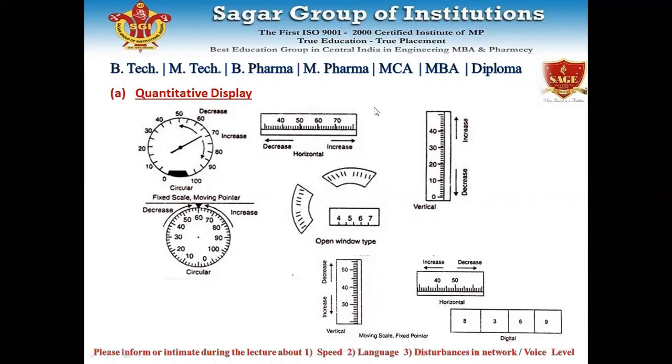Okay. So the distinct advantage of the moving scale type design is that it occupies less space in the panel, as the entire scale need not be displayed, and only a small portion just against the fixed pointer would serve the purpose. Okay,